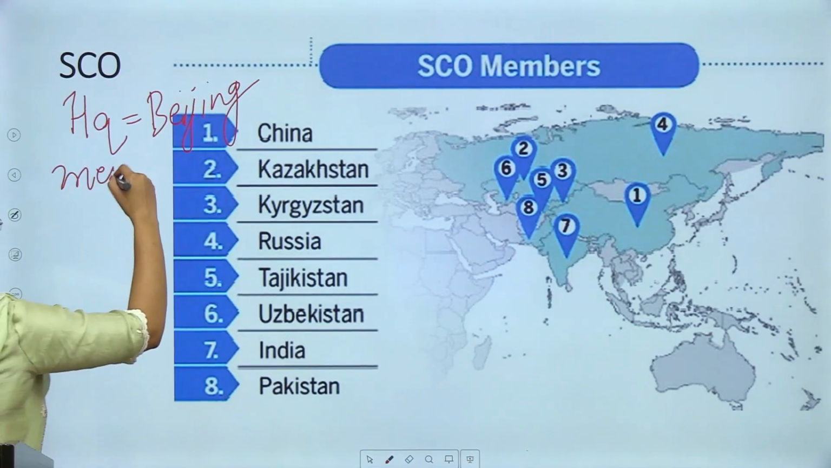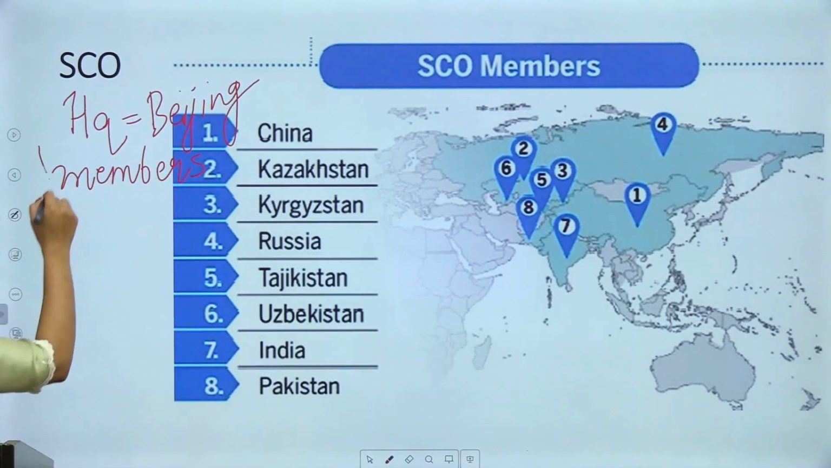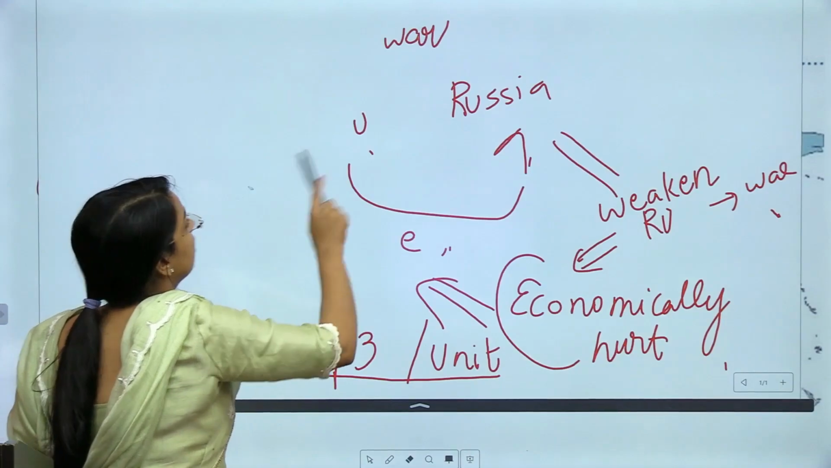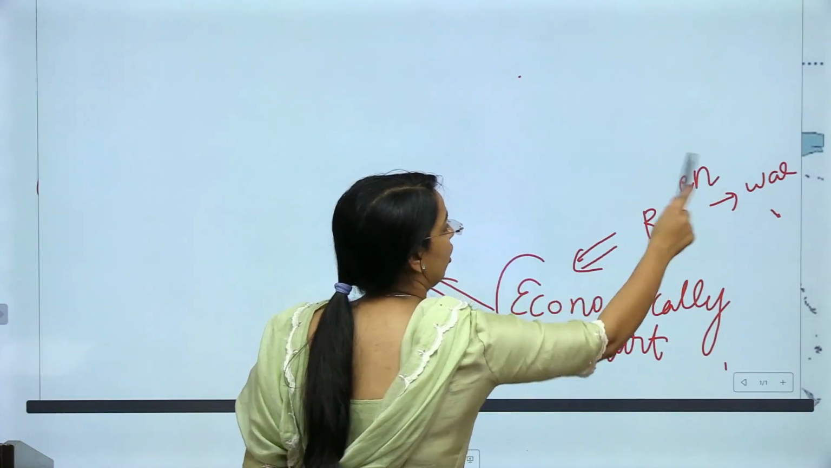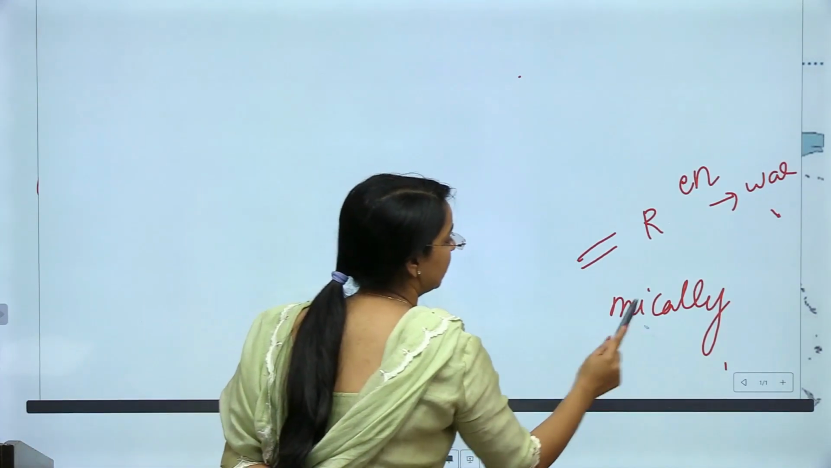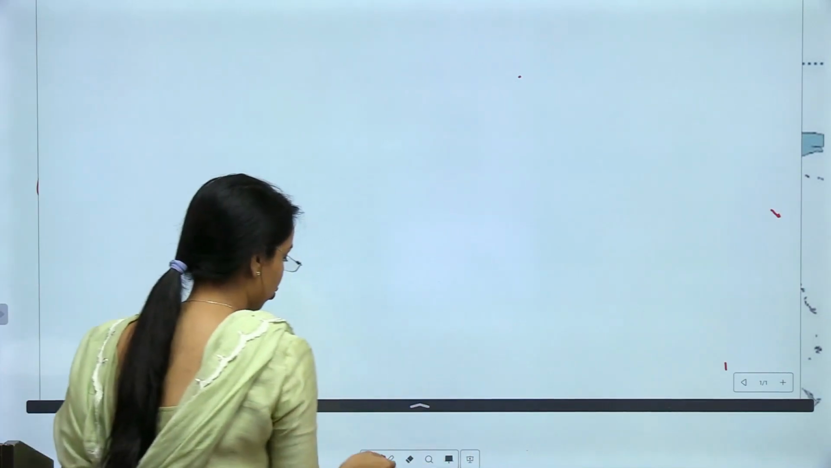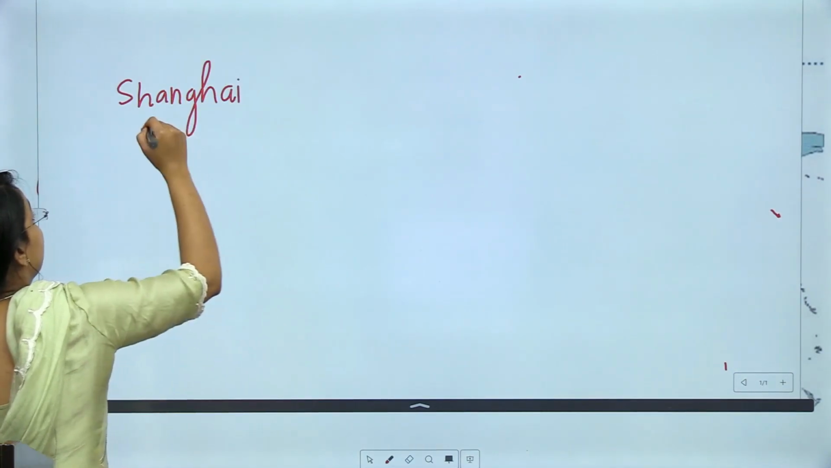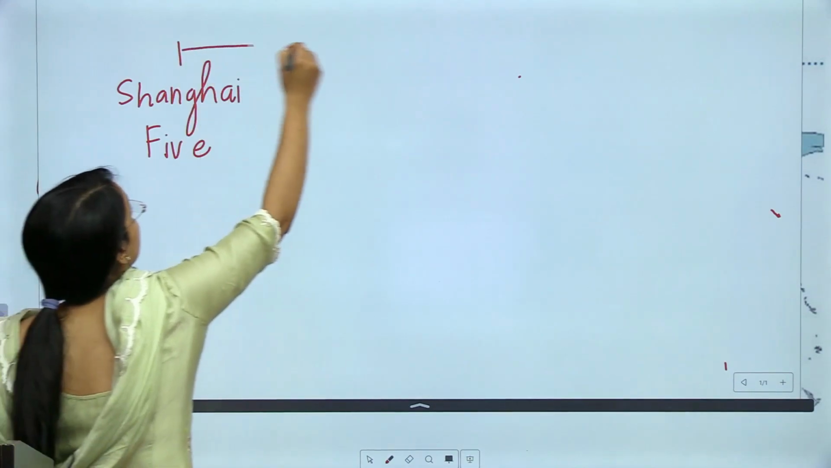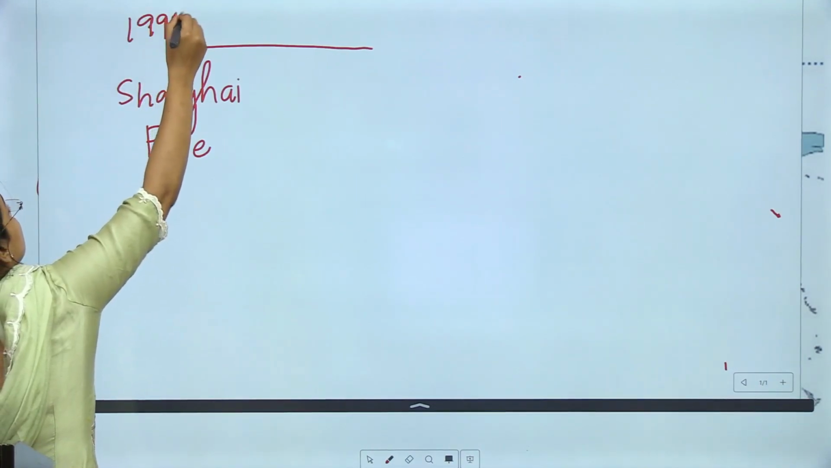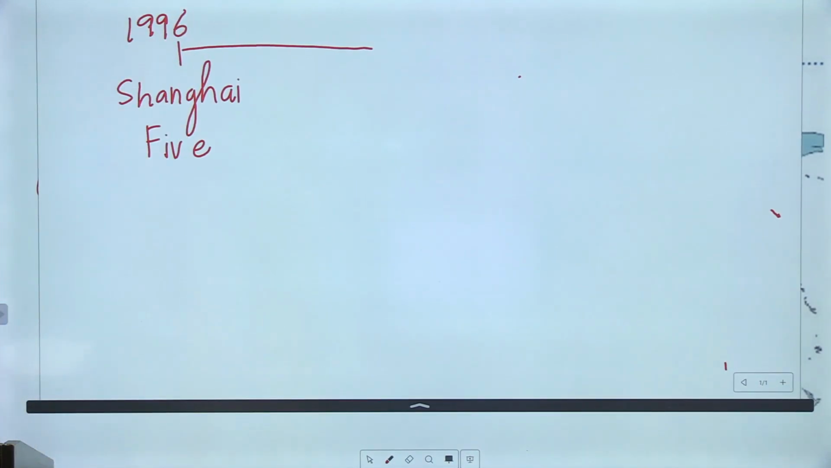It currently has 8 members. Look at the journey of the SCO. SCO has evolved over the years, from having a few members to becoming a larger, significant grouping now. It started with 5 members when it was called Shanghai 5. Initially, in 1996, when it was established, only 5 members were part of this